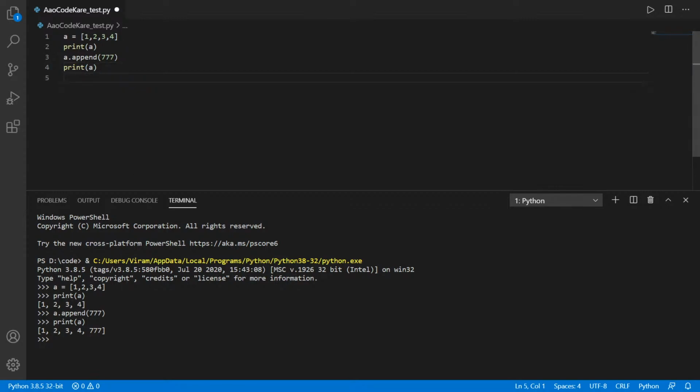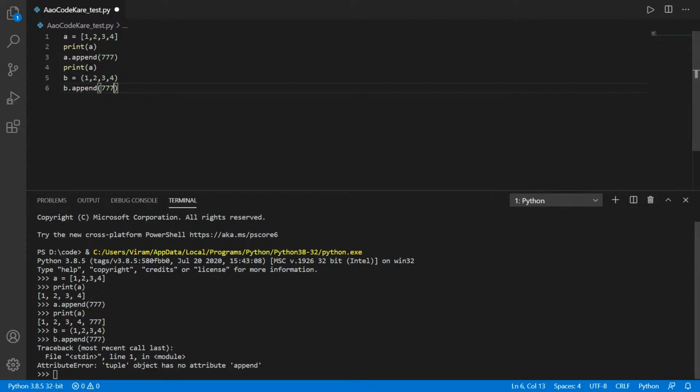Also, if you are asking about immutability, if you have these round brackets, that is called a tuple, not a list. 1 2 3 4. The tuple is made. So let's do b dot append 777 again. So here: tuple object cannot append.